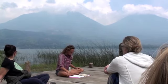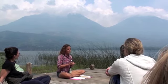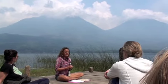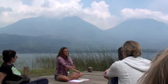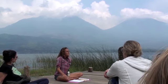And also, what else shall we talk about? So in 1976 there was an earthquake. Has anybody heard about the earthquake? It actually killed 26,000 people around this lake, so it was a huge earthquake. And when we go up and talk a little bit about cob and earth building, I did a few workshops on the weekend, earth building. It's kind of interesting because